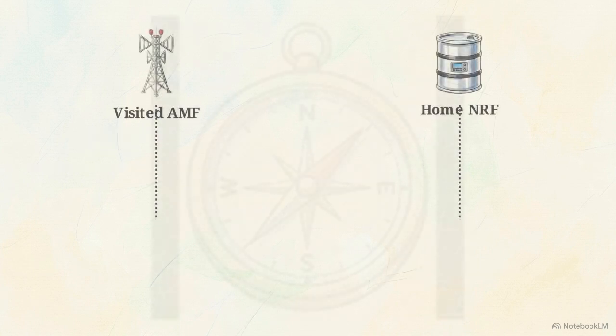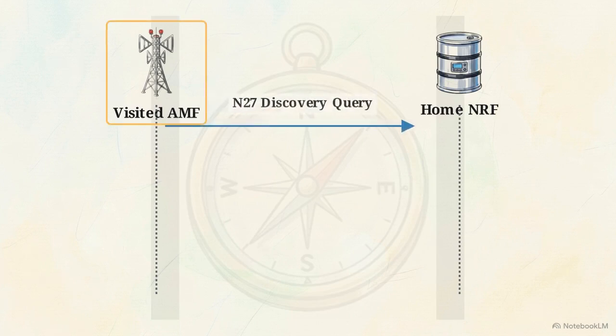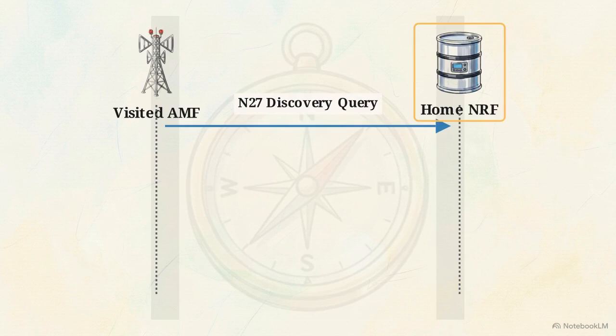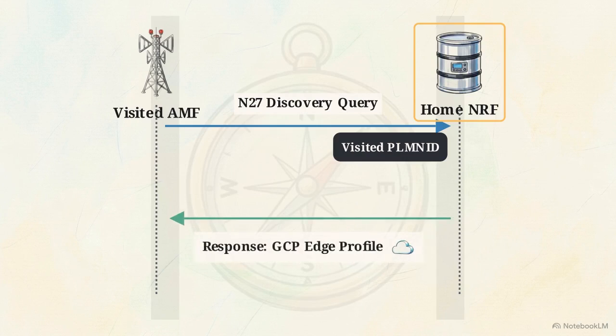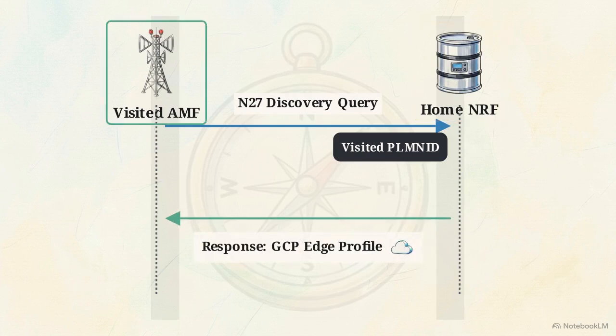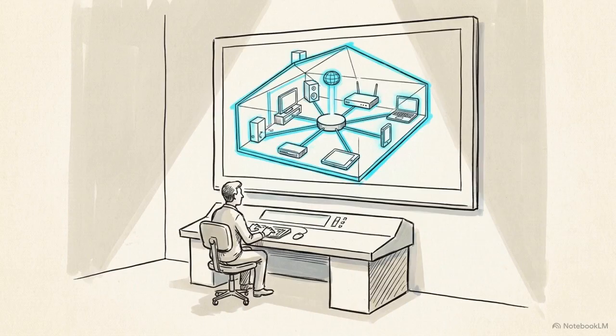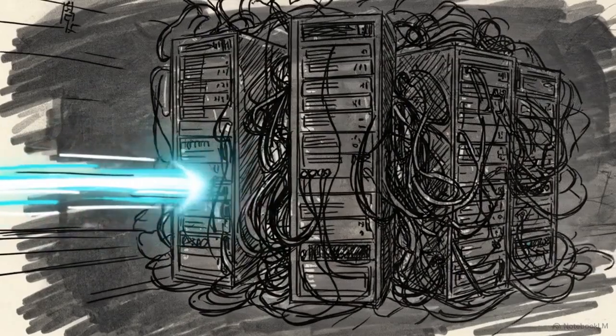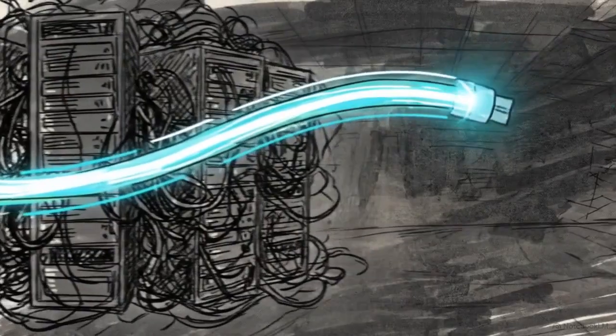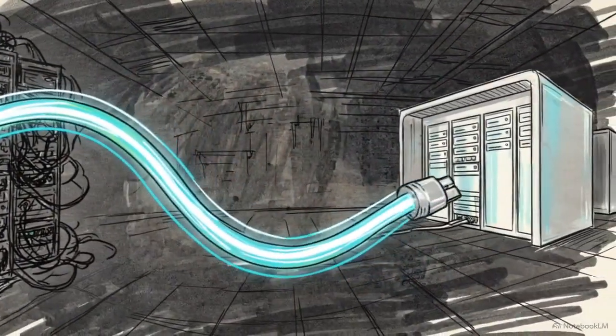This call flow trace illustrates the 5G standalone steering mechanism. It isolates the discovery loop between the visited AMF and the Home Network Repository Function, the HNRF, over the N27 interface. During this discovery loop, the HNRF reads the visited PLMN ID embedded in the query. Based on that location, it dynamically selects and returns the specific profile of the regional GCP edge to the visited network. The steering authority is executed entirely by logical nodes the home operator directly controls. This successfully forces the visited network to route data to the cloud edge without requiring a single custom bilateral roaming